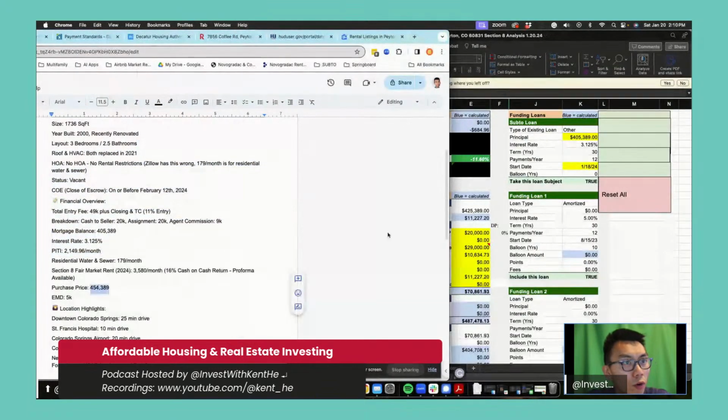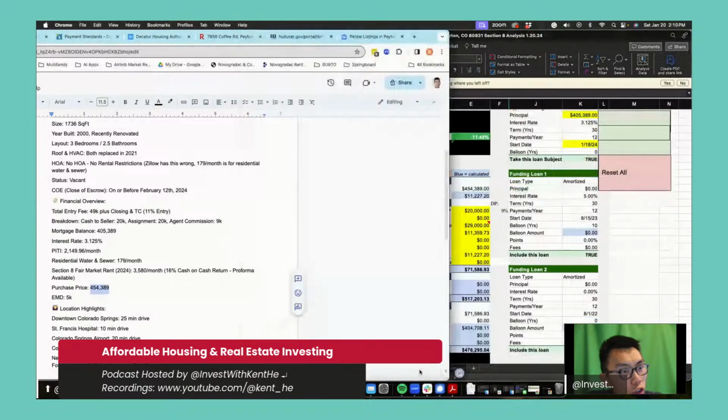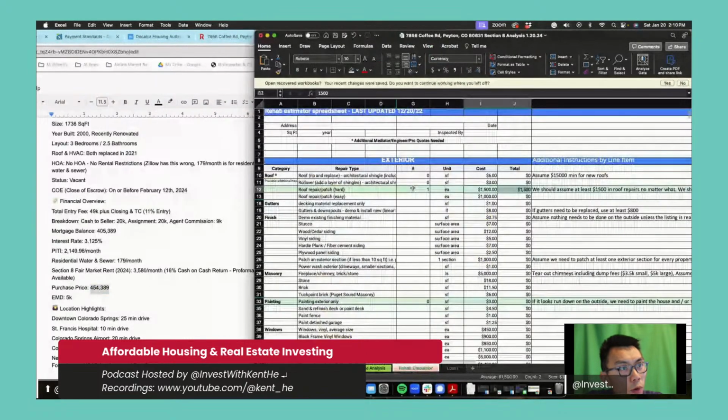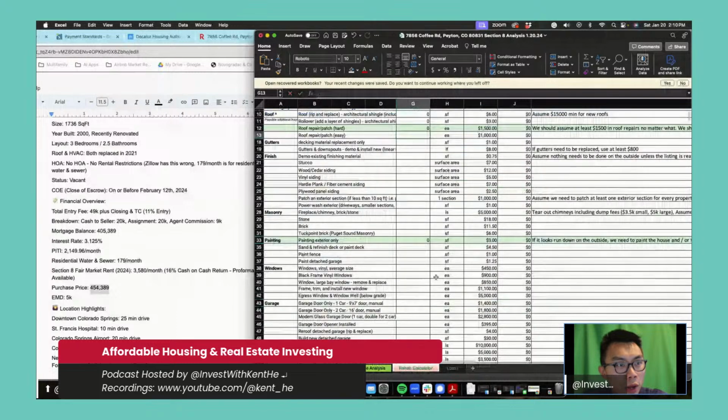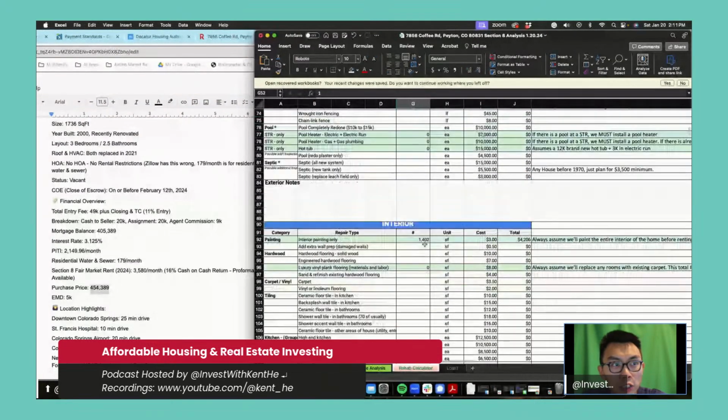Oh, there it is, 454. 454. 389. Okay, there it goes. All right, then I'm going to assume that I'm only going to have a very, very minimal rehab on this property. I'm going to make sure the landscaping is clean. I don't even think we need to paint the place, but just in case, I'm going to take the square